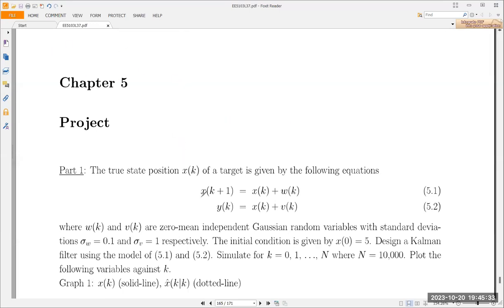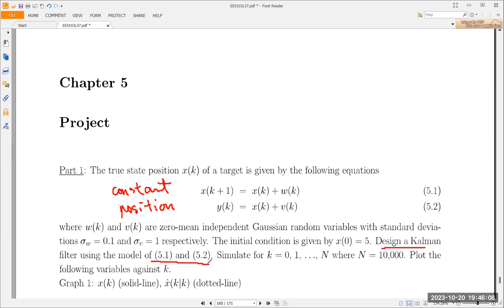Okay, now you see the first part, I told you the true state. This is a project. The first part, there are 3 parts. Part 1, you see this is a constant position. This position is the same as the previous position. And the first part tells you to design a Kalman filter